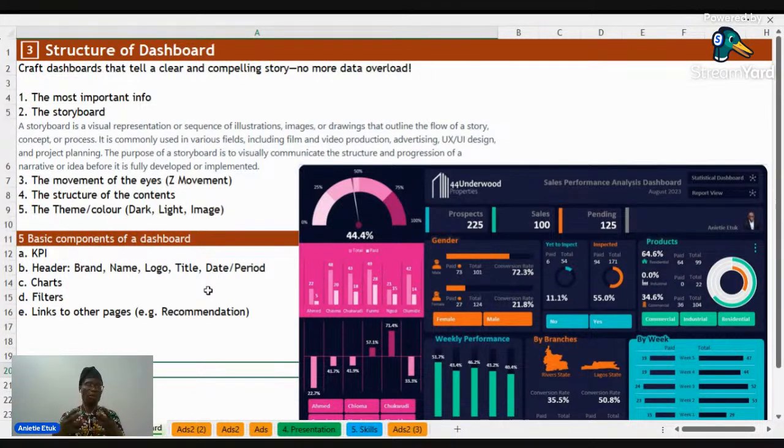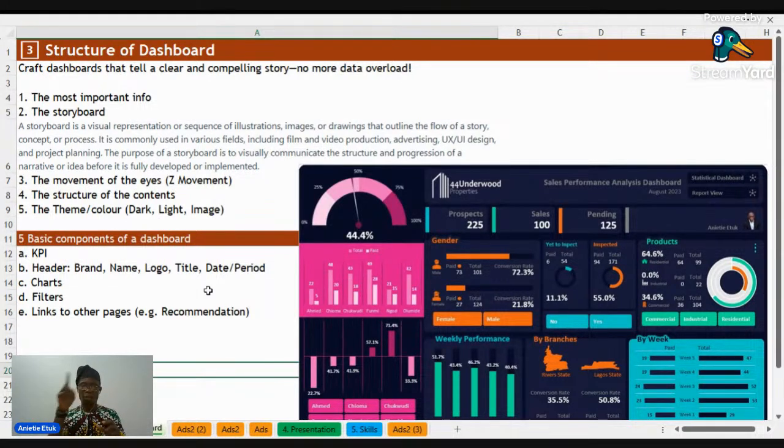The third one is the movement of the eyes. We're working with business executives. So for me, I'm more conscious of the business executive than my team. When working in a project, yes, we work in a team. We have people, we're working together. But when we're presenting to the business executive, he who pays the piper determines the tune. So the business executive is our interest. Now, how do we present a technical data to a non-technical person?